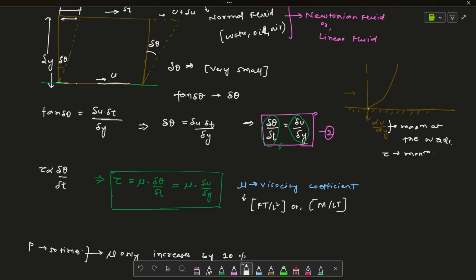That means stress will be maximum, right? The fluid that is just touching the wall has the maximum stress. This follows the no slip condition, that means the fluid just consecutive to the wall has zero velocity. I mean this fluid element just near the wall has zero velocity. That's why this is the velocity profile, right? And the fluid particles, whenever they go just above, the topmost fluid has the maximum